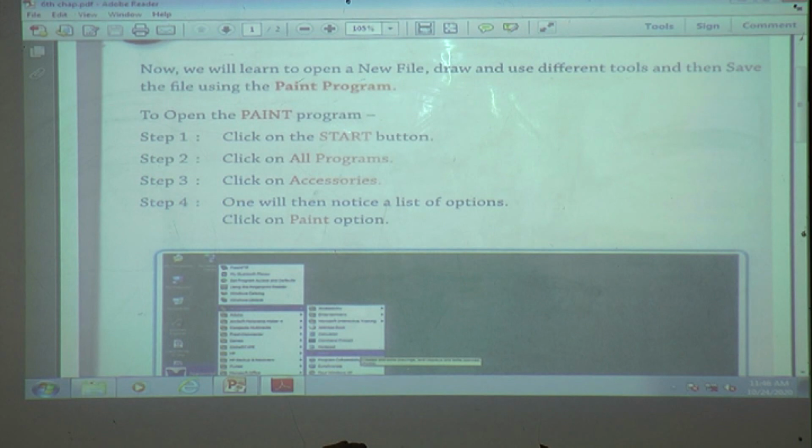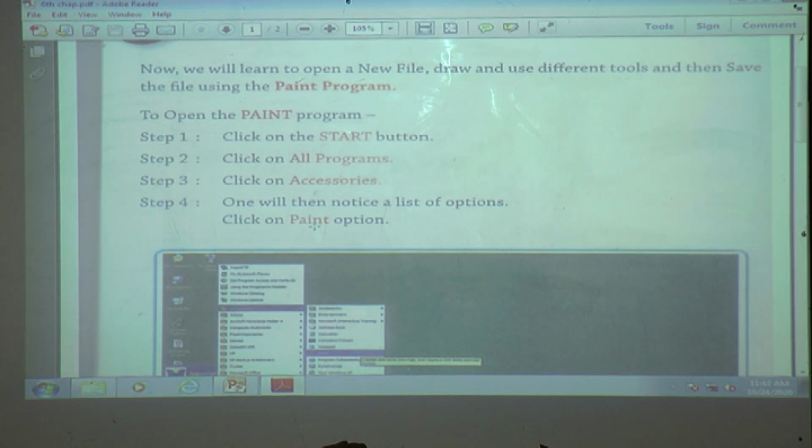The only difference is: start, all programs, accessories, and then for notepad click on notepad, and now in this lesson we want paint, so click on paint. Till here, the 3 steps are the same to open the notepad and to open the paint. First is the start, all programs, accessories, and then paint.